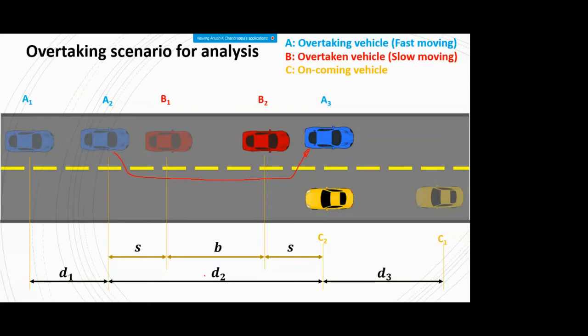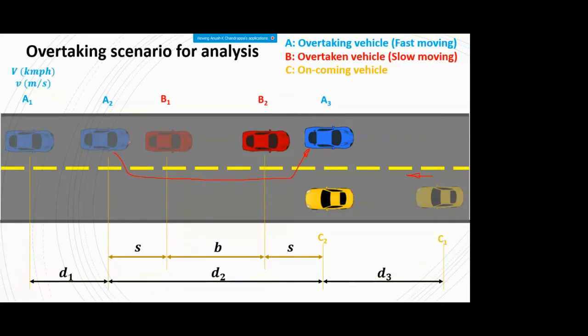And by the time this D2 takes place, simultaneously you have the oncoming vehicle in the opposite direction. So it's not stationary, it's a moving one. We have seen in the last lecture also. By the time this blue vehicle travels a distance D2, at the same time, the oncoming vehicle travels a distance D3. Now this is very important to understand for the analysis purpose, that D2 and D3 are the distances traveled in the same time frame, but by different vehicles.